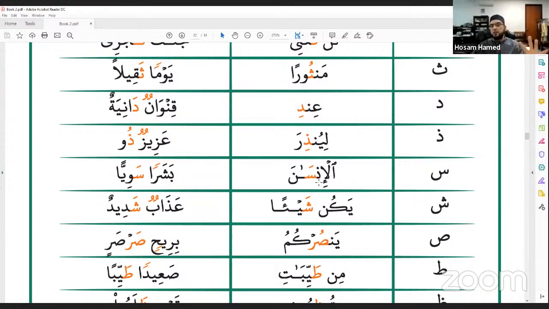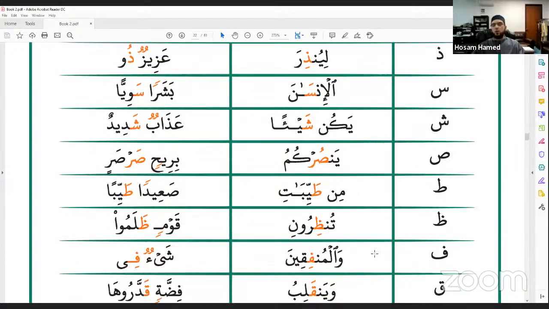الإنسان. Be careful, we don't pronounce النون. We don't say الإنسان. This is إظهار. This is the first rule that we have seen. And now we don't have إظهار, so we have to make إخفاء. الإنسان بشرا سويا. With شين يكن شيئا. عذاب شديد. With صاد